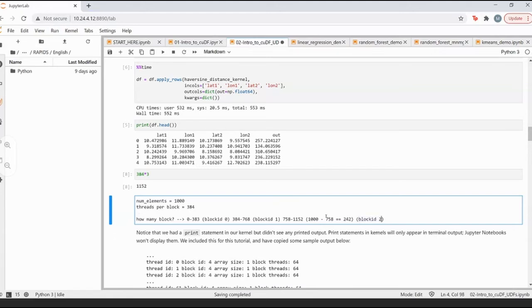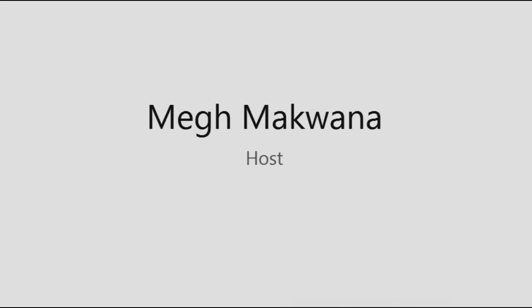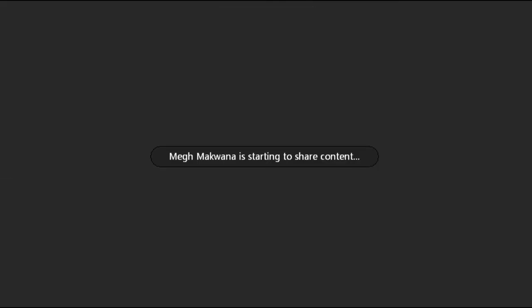But for the other blocks, I'll have a maximum thread ID which goes till 383, right? So let's try to confirm that understanding with the output that we saw on the prompt. Let me reshare my screen and show you the terminal prompt after we have tried to brainstorm over that.